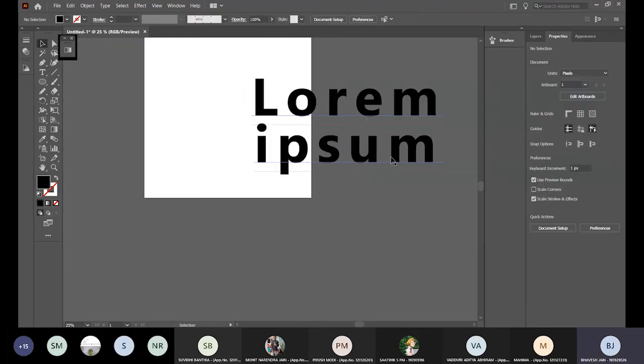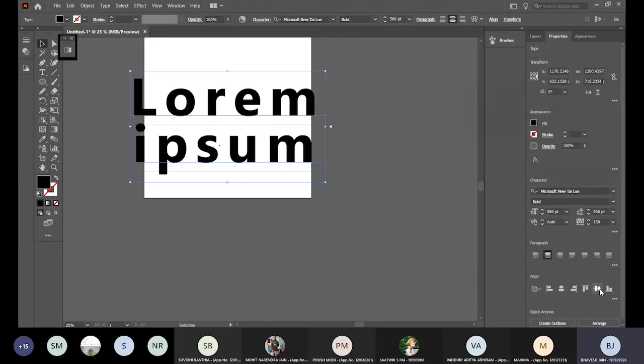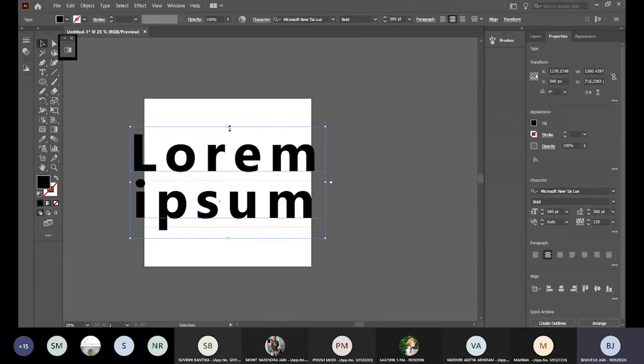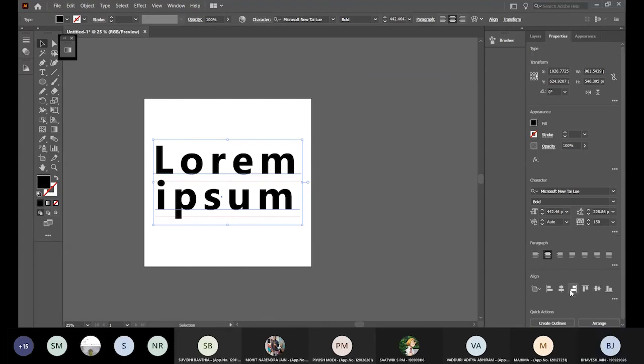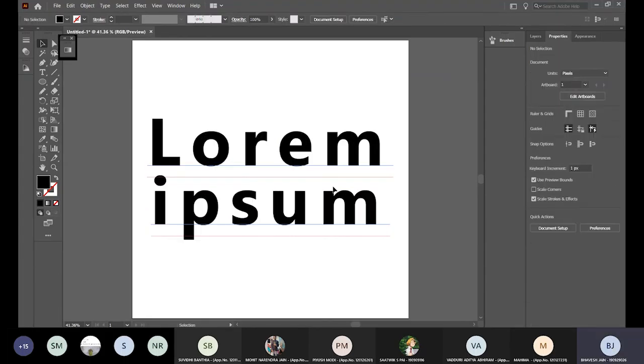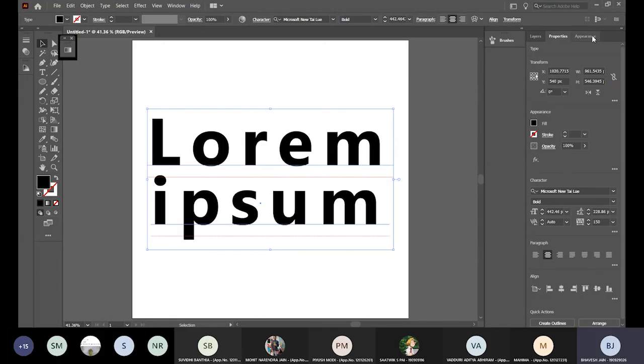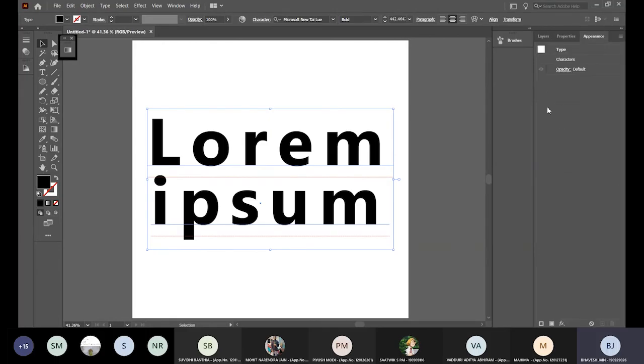Okay, and now I center align the text to the artboard. It's too big, I decrease the size a bit. Perfect. Now I zoom into the artboard and I want to add gradient. So I go to this appearance panel. This is something I haven't talked about before. And this is where you can play with multiple things. The first thing you should do is go to appearance panel, add new fill.